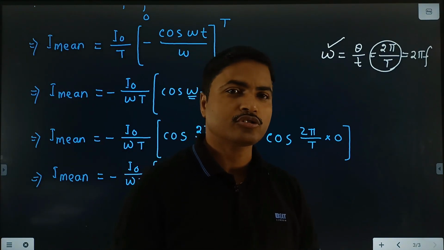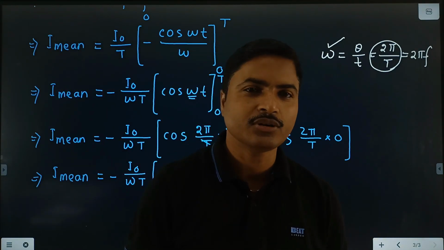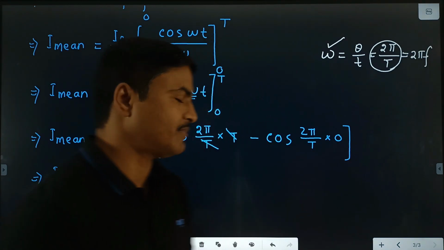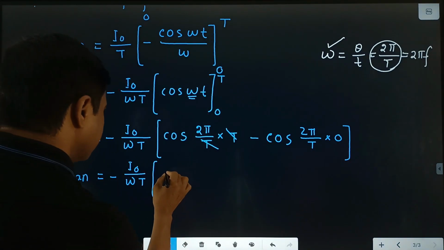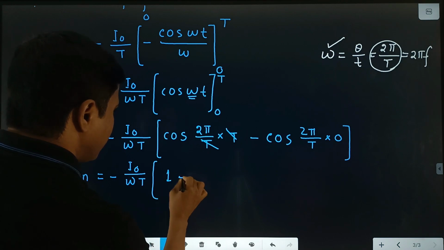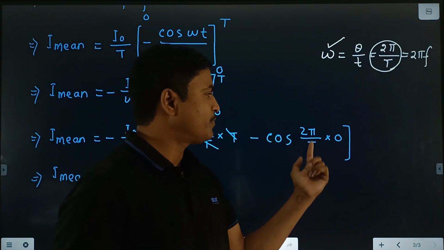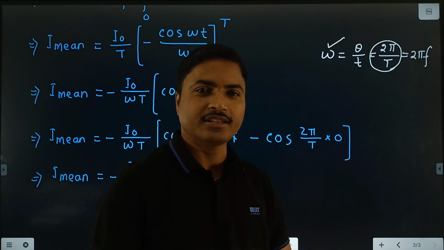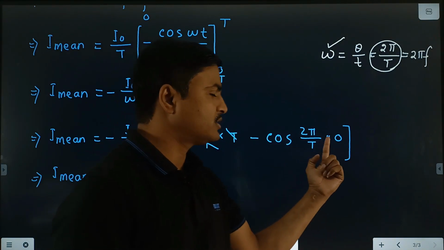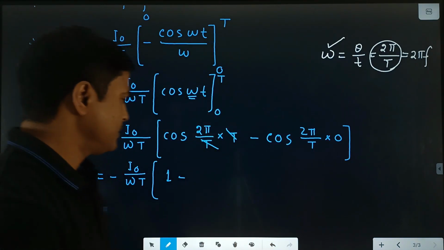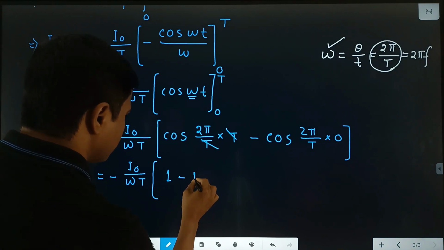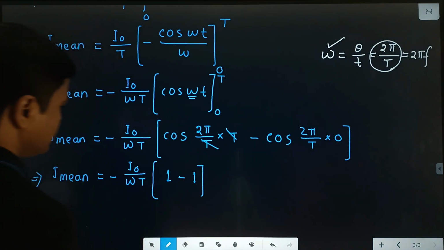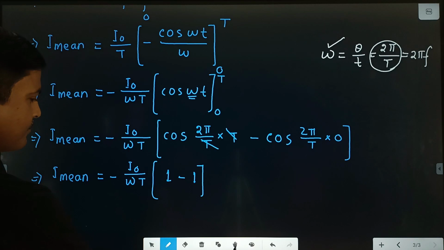You know the value of cos 2 pi is the same as cos 0. Cos 0, its value is equal to 1, minus. This is 2 pi by T multiplied by 0, that is also 0. So again cos 0, its value is equal to 1. So 1 minus 1, that is 0. And finally we get